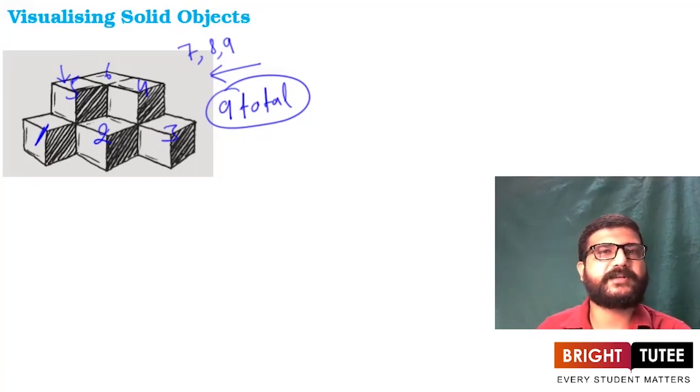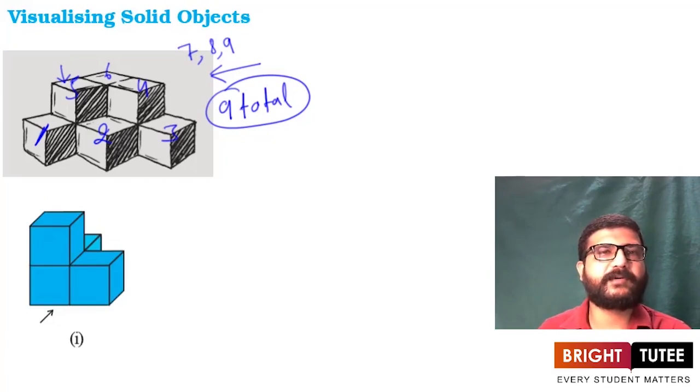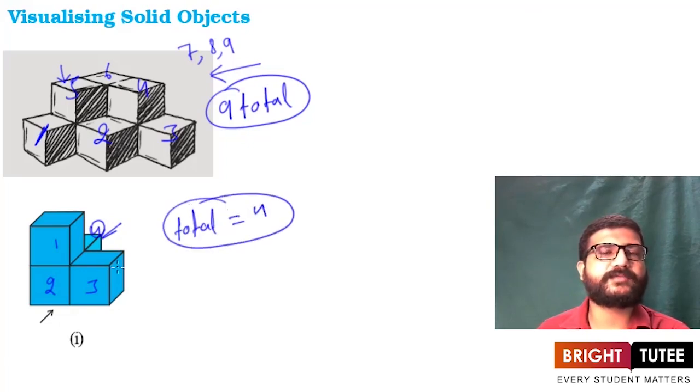Similarly, suppose we are having this solid shape. Now what do you think about this one? How many cubes are there? This is again a solid shape made up of different cubes. So here we can count them. This is first, second, third, and this cube here, this one is the 4th one. So in total there are 4 cubes. We can say the total number of cubes here is 4, or we can say this solid shape is made up of 4 cubes, or it is a combination of 4 cubes.